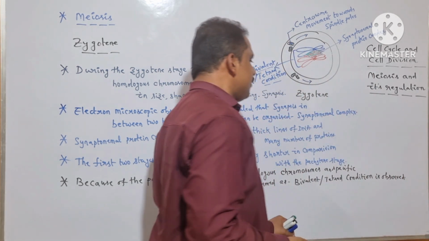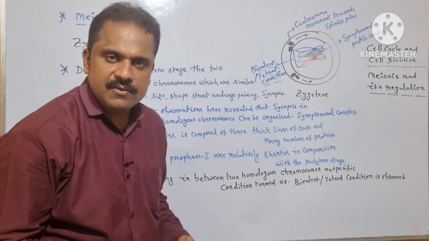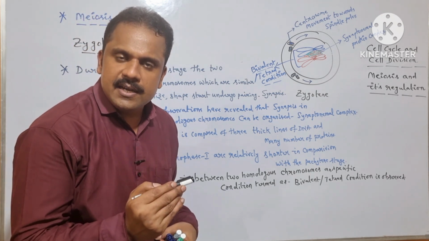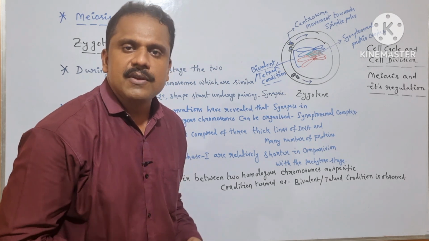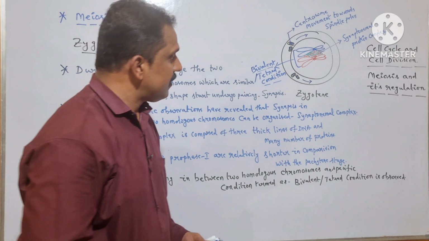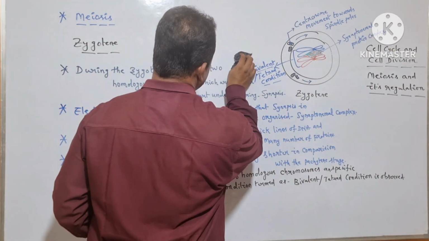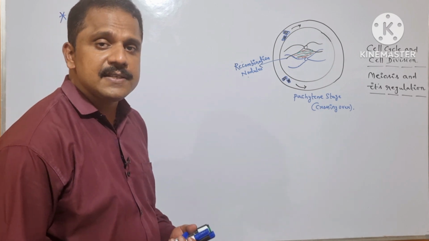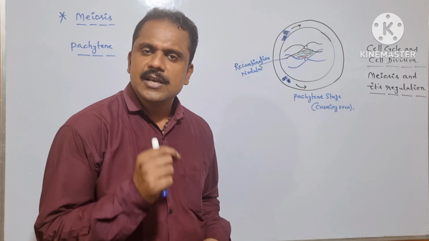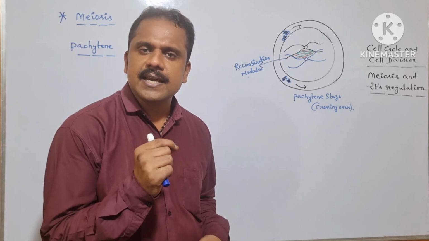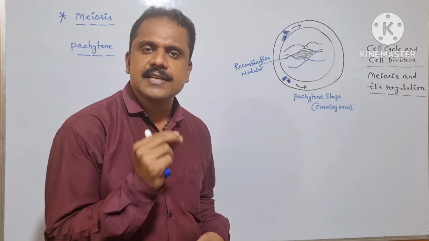Is it clear? So here this is regarding the zygotene stage, which is a part of the prophase 1 of the Meiosis-1. And then after we will be studying the pachytene stage, which is a part of the prophase 1 of the Meiosis-1, in detail. Is it clear? So let me arrange the things here. So after the zygotene stage, the next specific stage of the prophase 1 of the Meiosis-1 is nothing but the pachytene stage. In comparison with the leptotene stage and the zygotene stage, the pachytene stage is much more complex and even it is a significant stage.